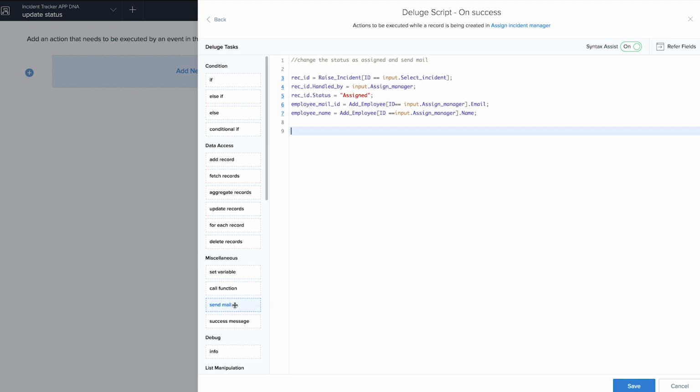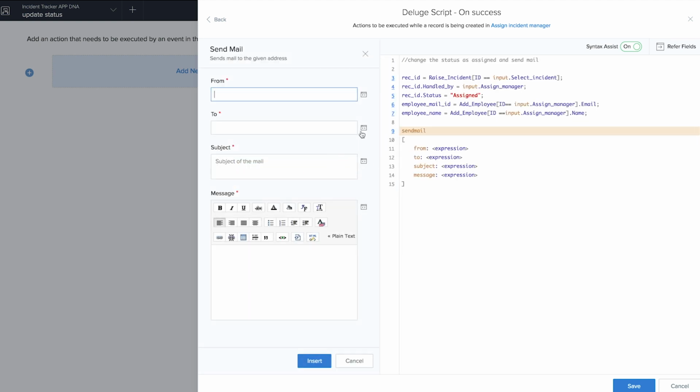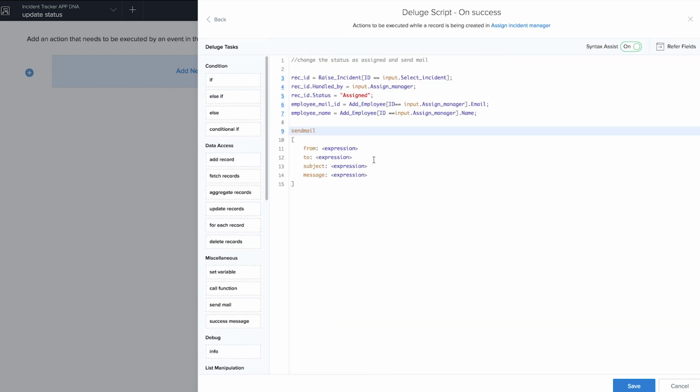For this, I can simply drag the send mail option here. This is where you can type the deluge functions. I'm not going to use it. I'm just going to set from as zoho dot admin user ID. So from the admin, I'll be sending the mail to this employee mail ID collection. So this employee mail ID here, I have the email already. I'm going to use that, and the subject could be incident assigned to you, and in the message I can have